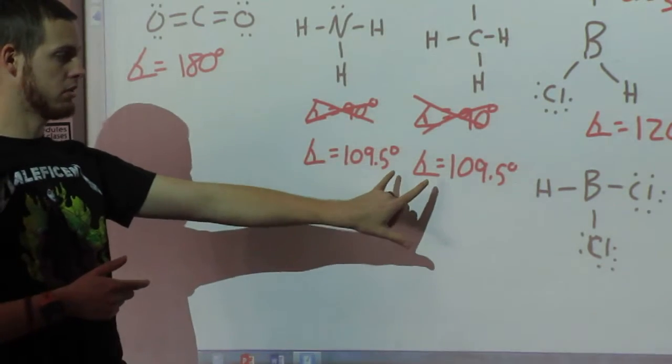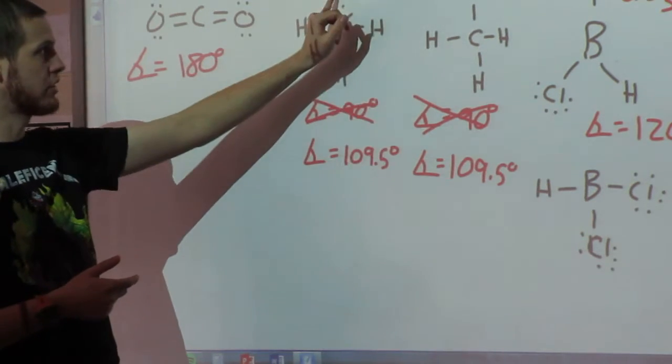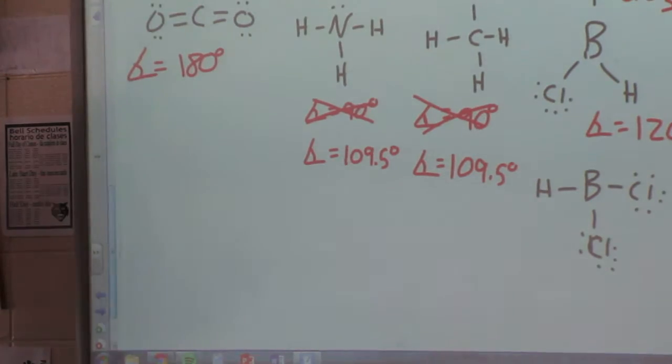All domain 4s are 109.5. It doesn't matter if it has an electron pair. If the domain is 4, it's 109.5. In terms of shapes,